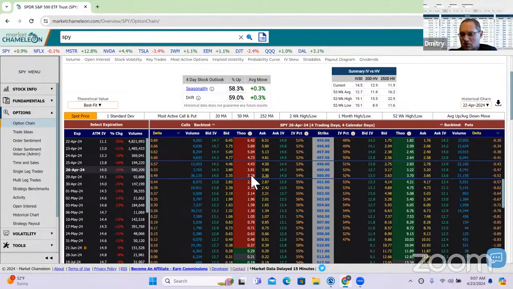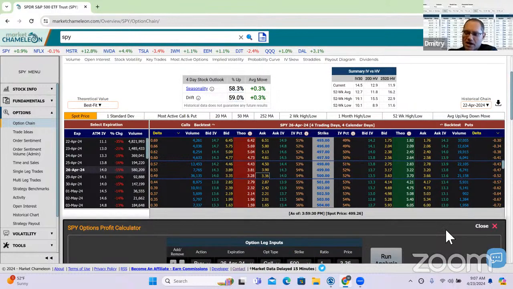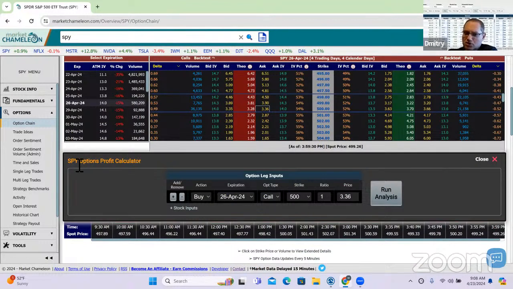And when you click on the bid or offer like this, it'll pop up an options profit calculator. So you could do a call spread, straddle, whatever it is, but let's just stick with, to make it simple, we queued up this April 26th 500 call in SPY. So if we run analysis,